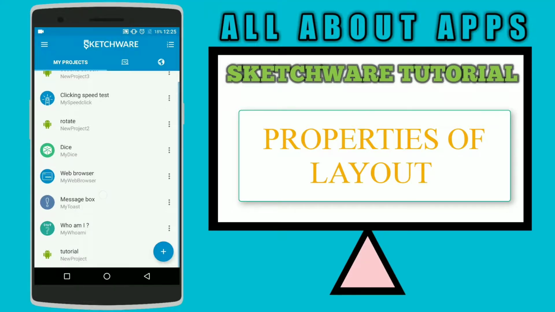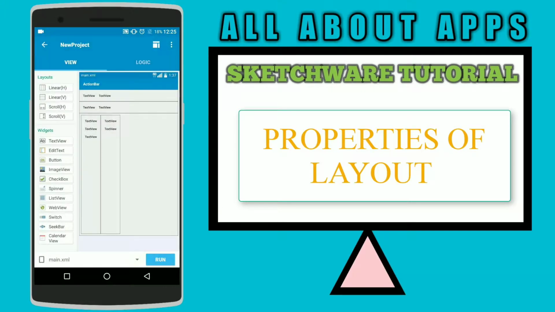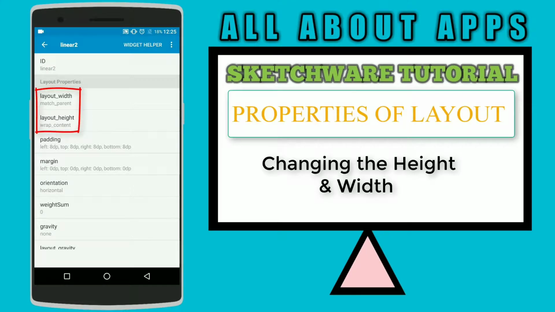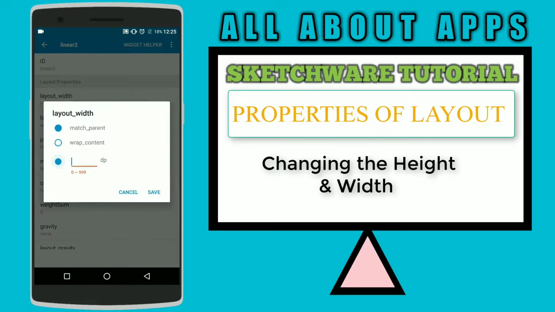So guys, this is where we had left off, and let me open the properties of layout. You guys can change the width and height of the layout. By default, for horizontal layout, the height will be wrapped up and width will match parent. By this it means that it will take up the maximum available space for width and the least possible space for height. Suppose you want the width to not take the maximum space, you can go with the third option